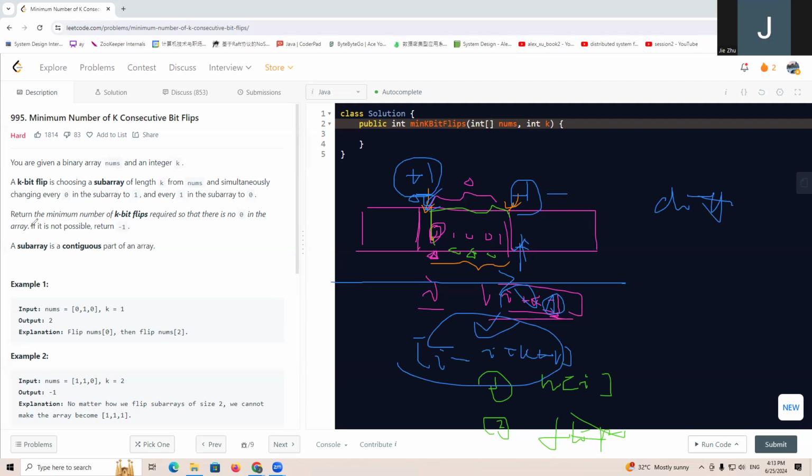So in this case, we know that we don't need to calculate every number to flip it, right? Because if there is a flip, we just need to add 1 at the index I, right? And what we can do is that every index after I will be the same